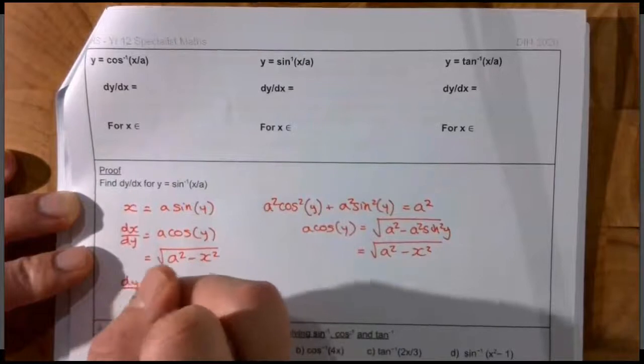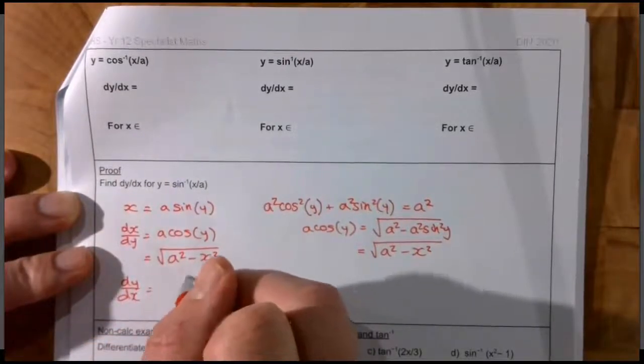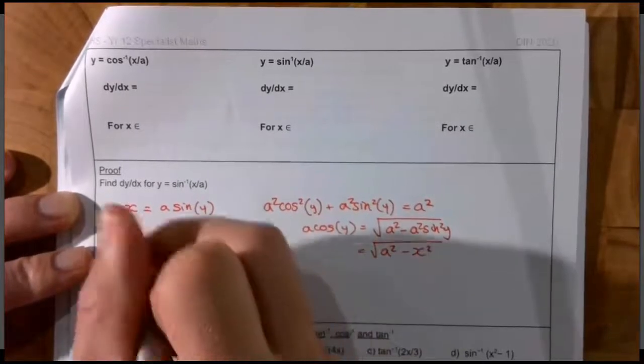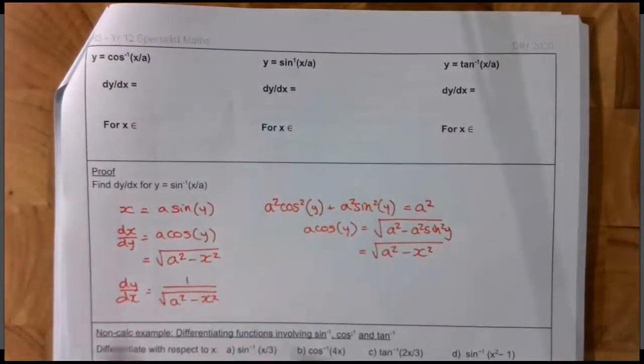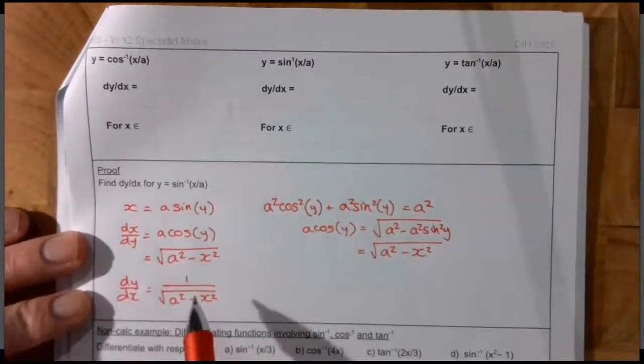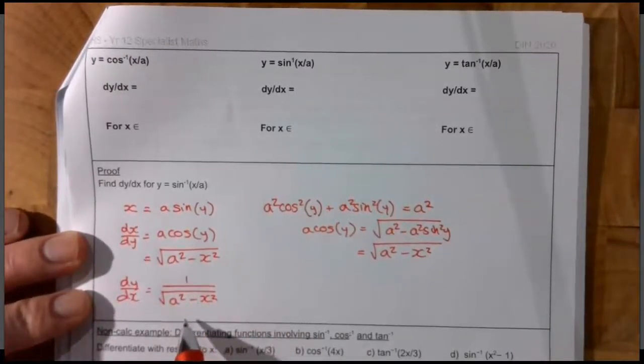Meaning that dy by dx is 1 over the square root of a squared minus x squared, taking the reciprocal because I'm inverting the differential here. So, here's my value. When is this valid? Well,